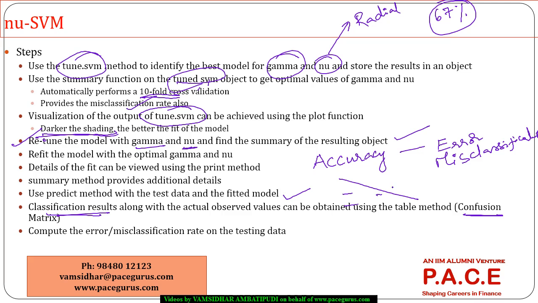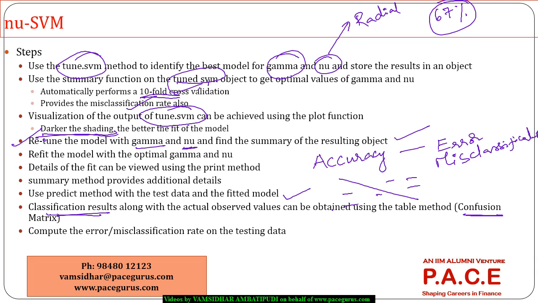Anything that is lying away from the diagonal is the error rate. Compute the error rate of the model, and whichever gives me the least possible error rate on the testing data would be the model that I'm going to choose for the final prediction purposes as well, right? That would be the typical process in case of multi-category